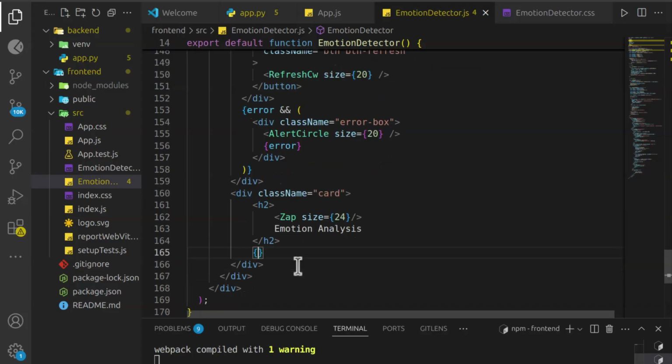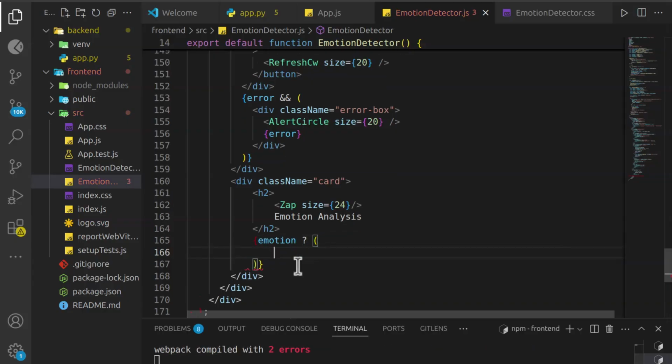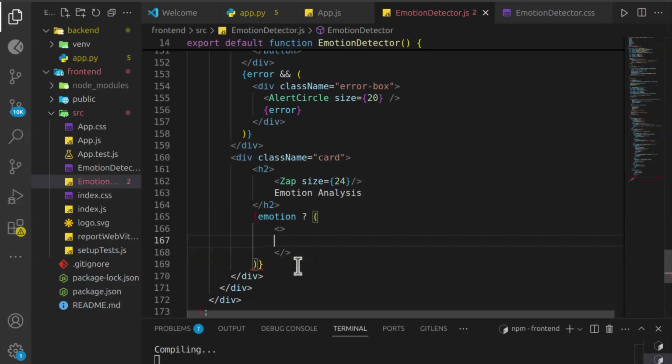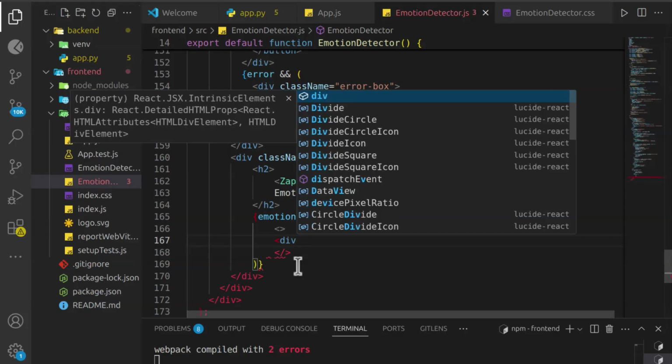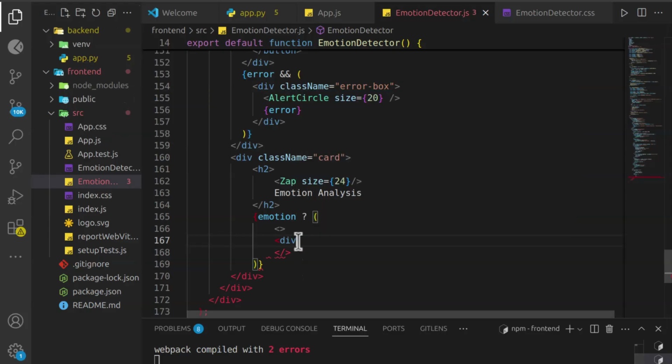Below, write the emotion mark, then here insert this, we'll add a div, class name emotion card,